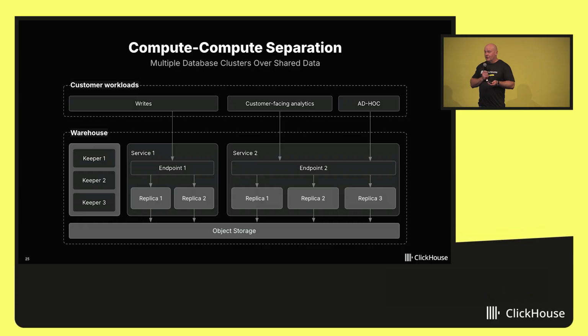This cloud architecture enables other really interesting features, such as compute separation. You deploy multiple compute clusters on top of the same shared object storage, and that allows you to do things like isolating reads and writes, or having different clusters representing the same data for different use cases or different cost centers, and you don't have to replicate your data, and you don't have to pay for those multiple copies. So that's just one of many interesting applications.